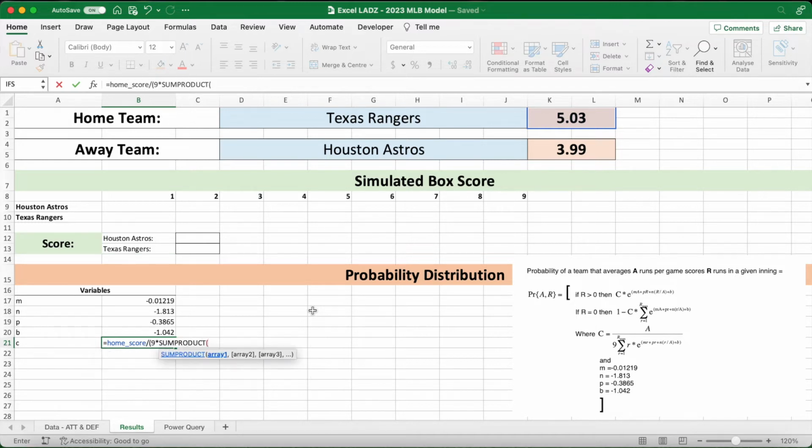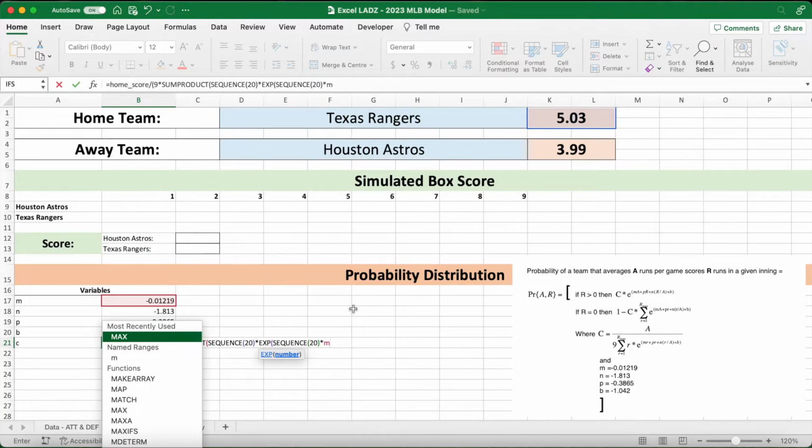So SUMPRODUCT, open bracket, SEQUENCE, open bracket 20, close bracket, multiplied again by EXP, exponential, and our number is going to be a SEQUENCE function. So SEQUENCE, open bracket 20, close bracket, multiplied the exponential by M, which is that negative 0.01219,